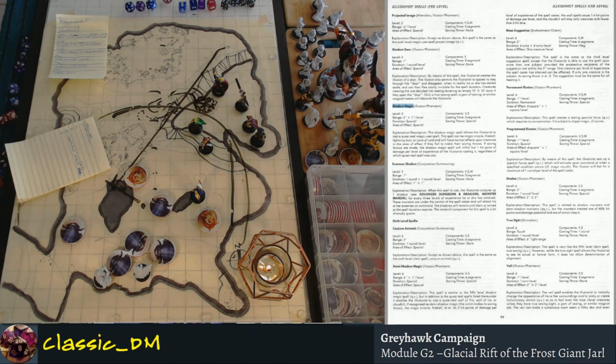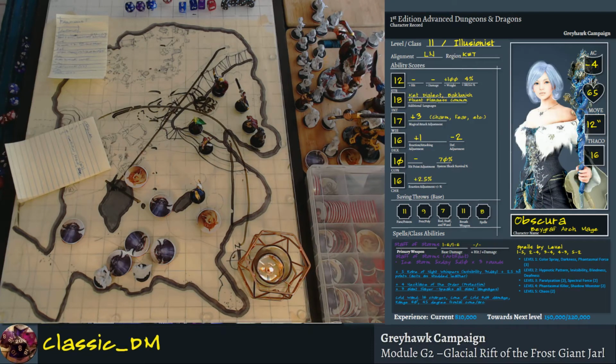Alright, so that's the spells for everyone. What we're going to do next, we're only going to change a couple spells. What we'll do next is we'll update the character sheets in our PowerPoint that we're using, and we turn it into a PDF. And we'll be able to...